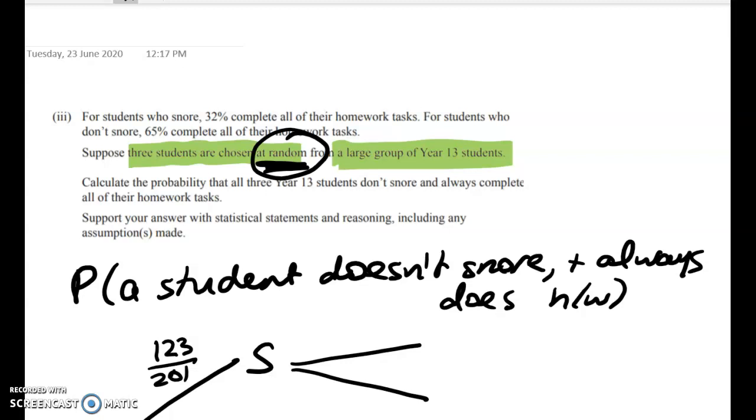If we weren't told they were chosen at random, it would be a really good thing to write about, right? Because if you just pick 3 mates at morning tea or interval, then chances are that their homework habits might be similar. Their snoring habits are unlikely to be linked unless there's a